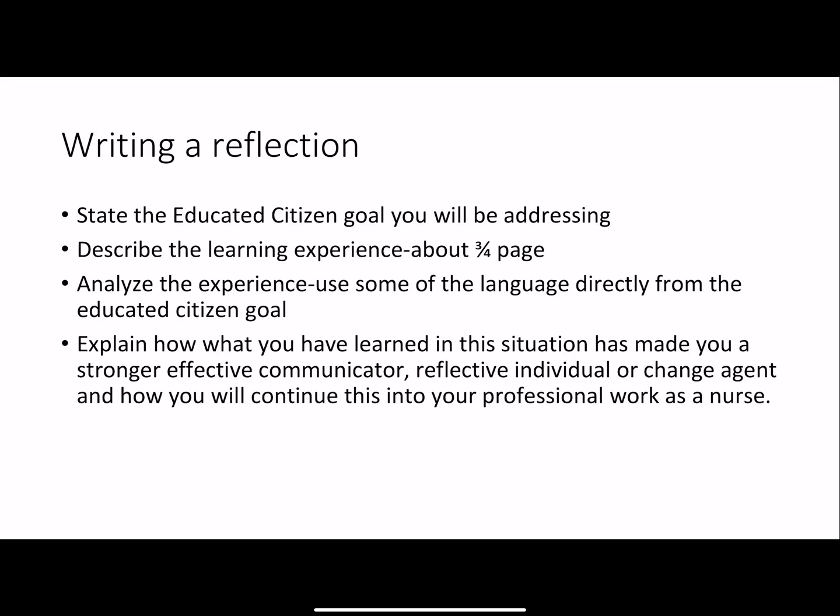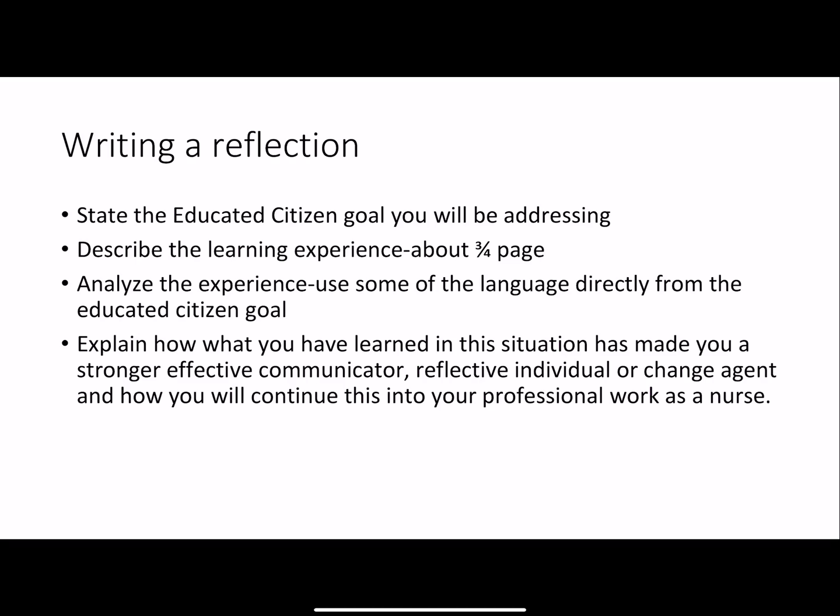First of all, I want to talk about the portfolio. This is something you have been working on a little bit over your entire time at Methodist, and the culmination of that portfolio happens in the Capstone course. One of the main components of the Capstone portfolio is writing a reflection, and it's my hope that now that you've gotten to this point, your last semester of your degree at Methodist, you've written several reflections by this time, but I want to take a brief moment to review what should go into a solid reflection.